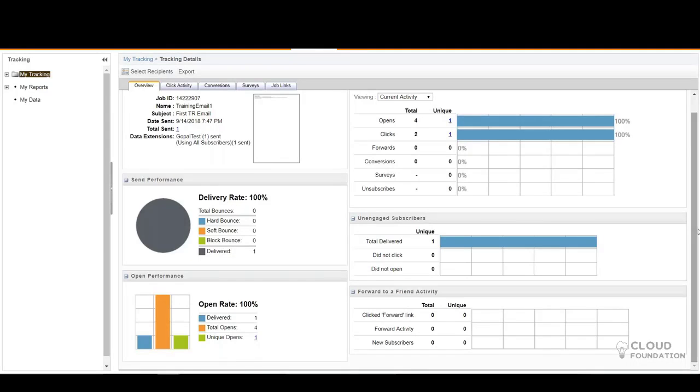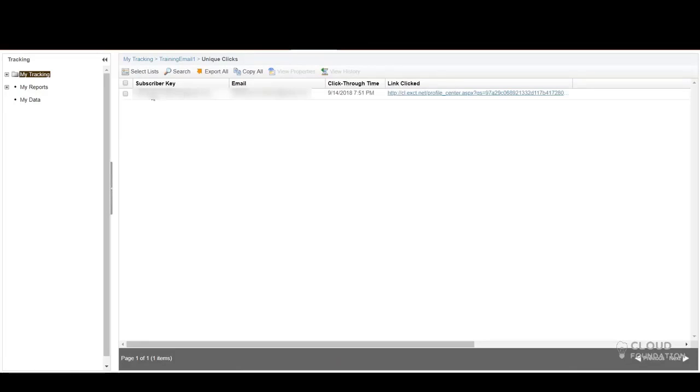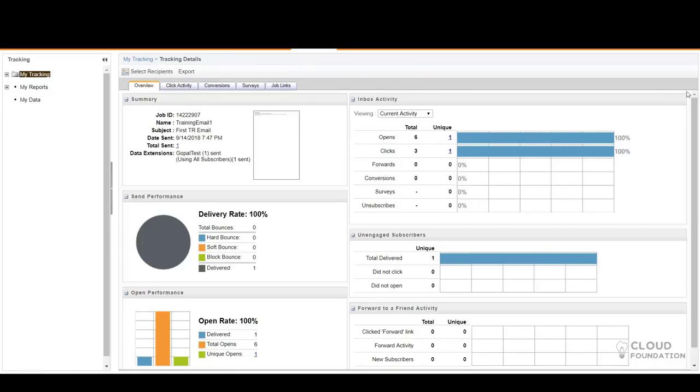And when I click on clicks, it will give me who the subscriber is who clicked, what his email is, what the timestamp is, and what link was clicked, all the stuff.